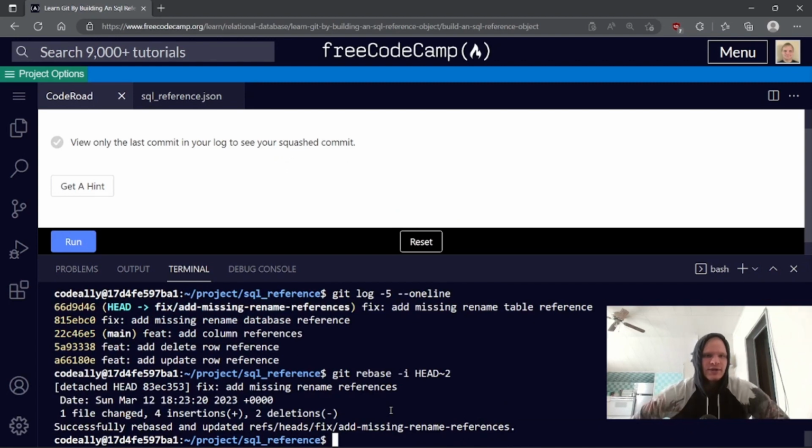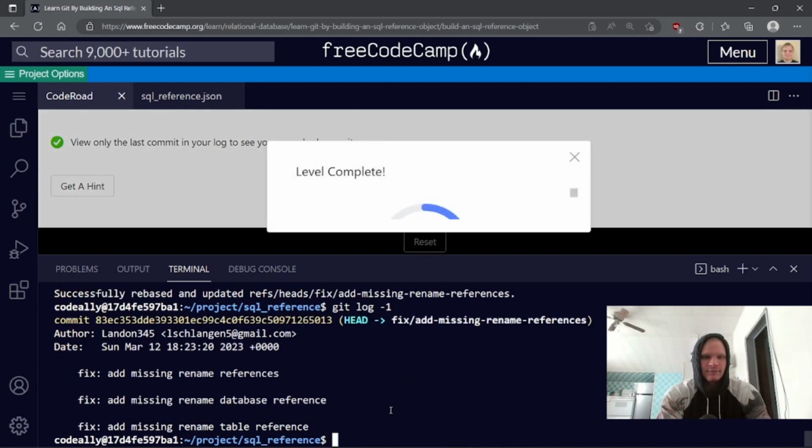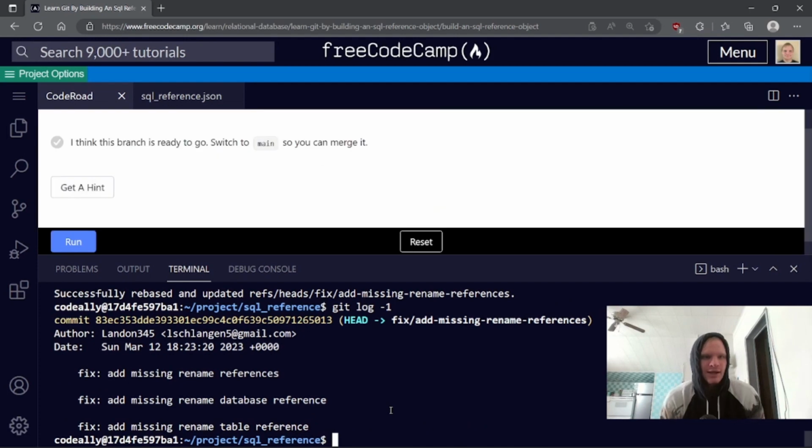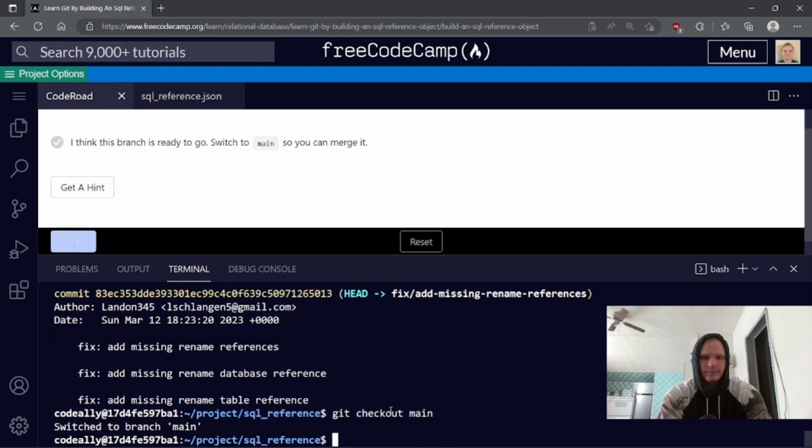Let's go. View only the last commit in your log to see your squashed commits. Git log -1. Okay, there's our squashed commits. I think this branch is ready to go. Switch to main so you can merge it. Git checkout main. And we are going to merge this. All right, git merge